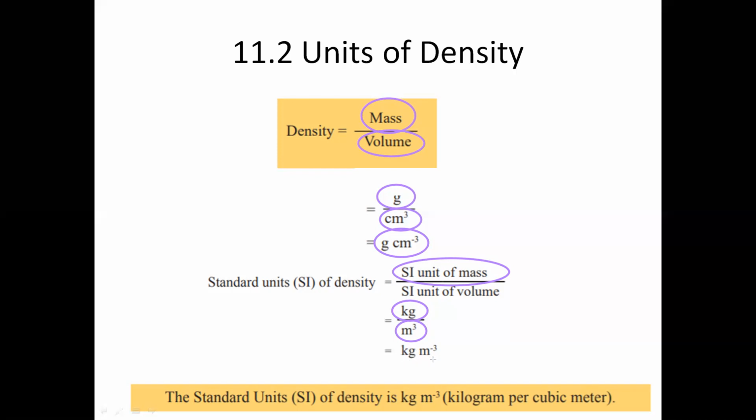When you are writing it as a fraction, this cubic meter comes to the numerator, therefore the 3 becomes minus 3, therefore we have to write kilograms per cubic meter. So this per is there to denote that minus. When you are writing this, you have to keep a small space between kilogram and cubic meter. And in words, you say kilogram per cubic meter. This is the way that you have to write it.